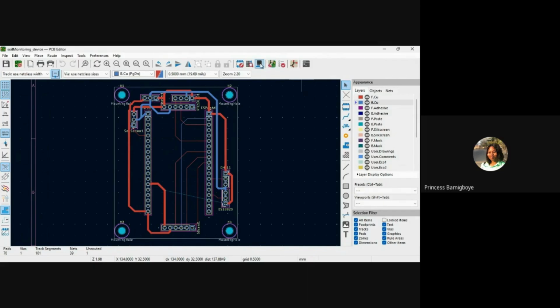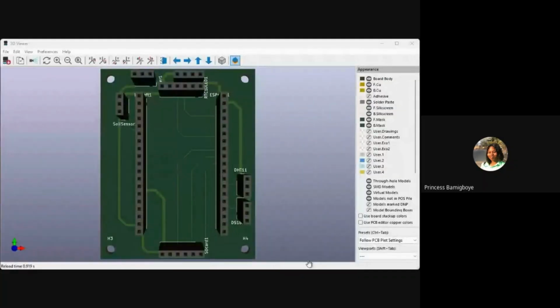This is what will now be the outcome after everything. So you design something like this, then this will now be the outcome. Something like this.